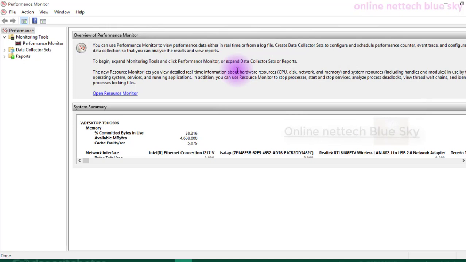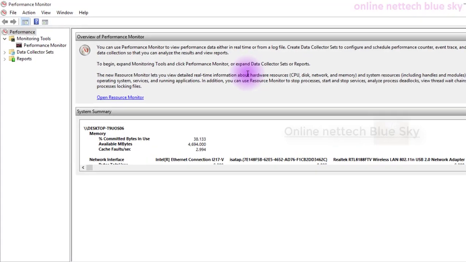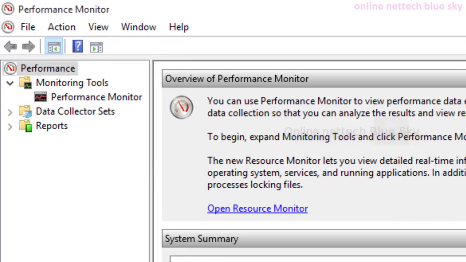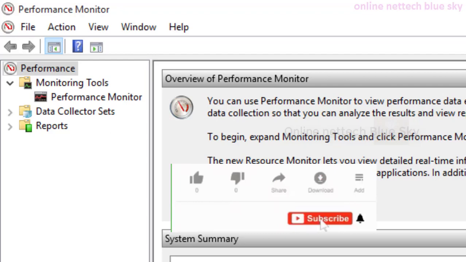In addition, you can use Resource Monitor to stop processes, start and stop services, analyze process deadlocks, and view threads, wait chains and identity process locking files.